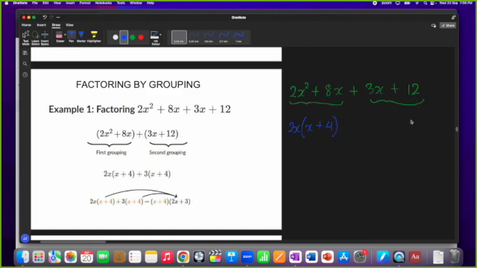Now let me work the second group. The second group only has 3 in common, right? So 3 times x will give me 3x, and plus 3 times 4 will give me 12. Notice that what I actually want is the same factor in both brackets. So you have to try to work it so that you get the same thing in both brackets, and this